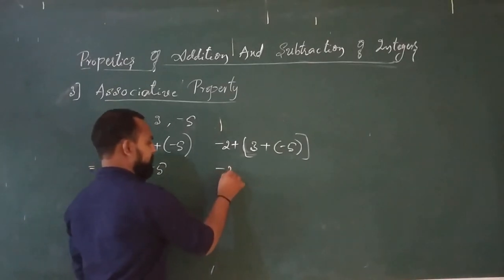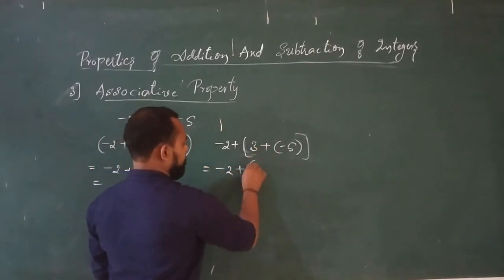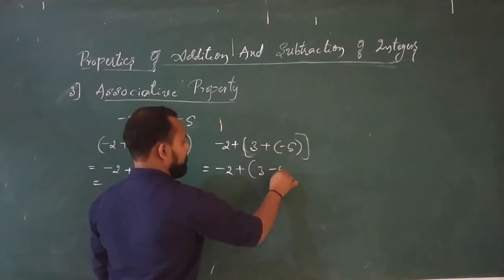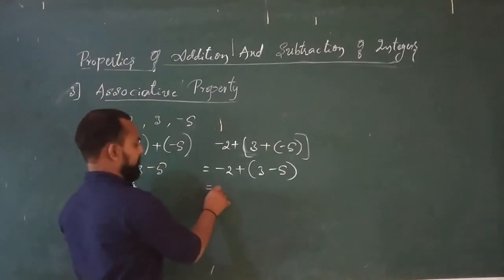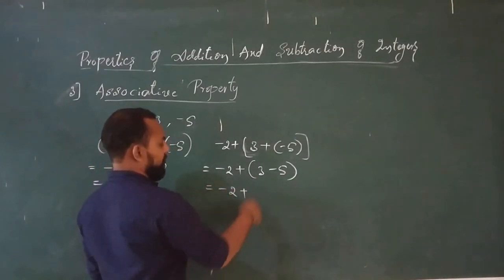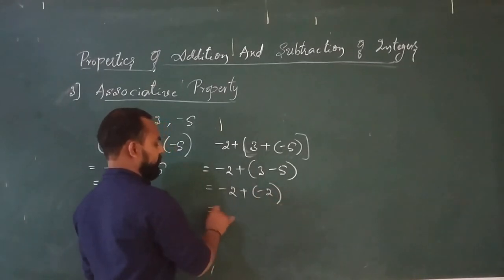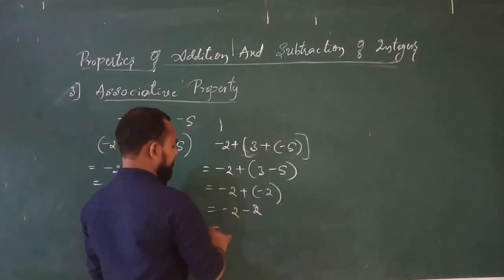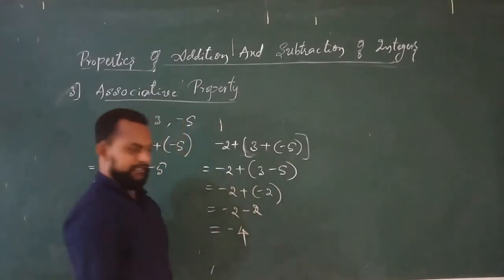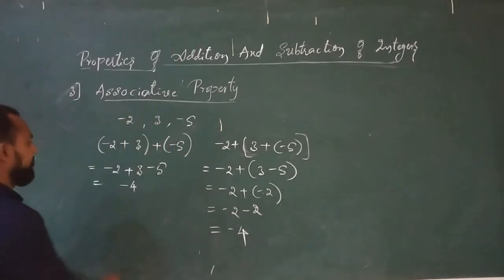Here minus 2 plus of 3 minus 5. Here minus 2, plus into minus, minus 2. Here the answer will be minus 4. Therefore, here then,